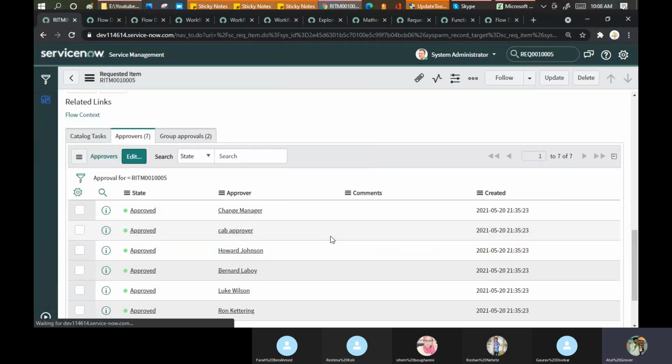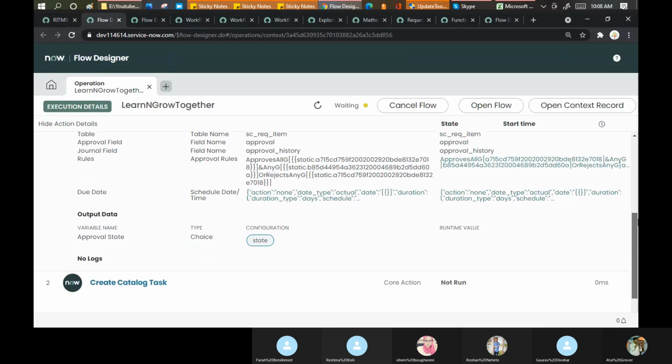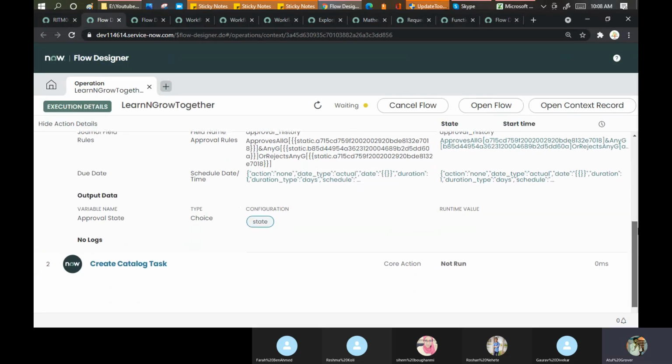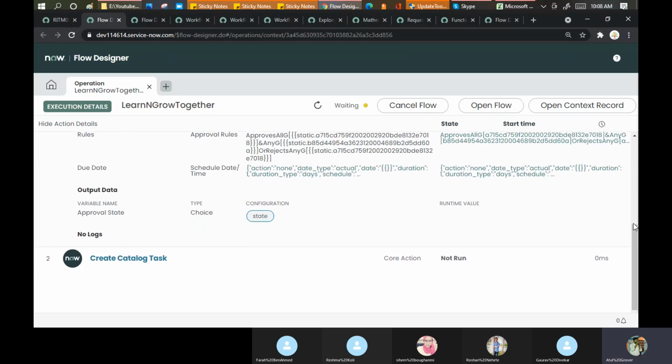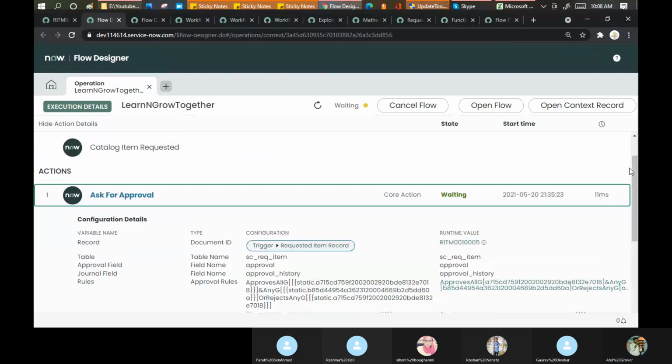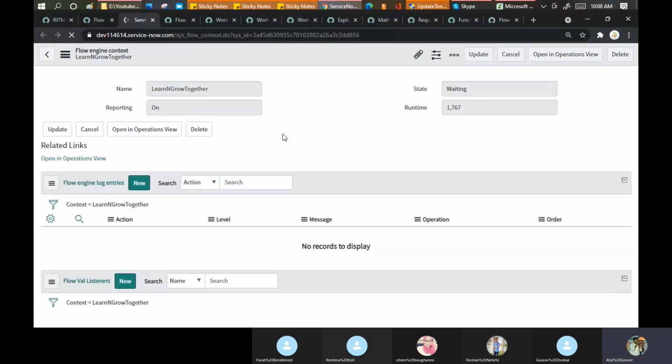Let me reload my page. So it is depending on this particular place. It is pending here. Open context record. On which record you are working, it will open for you.